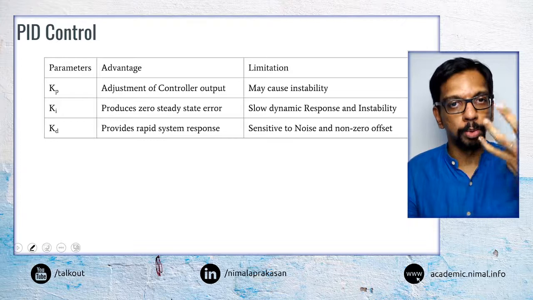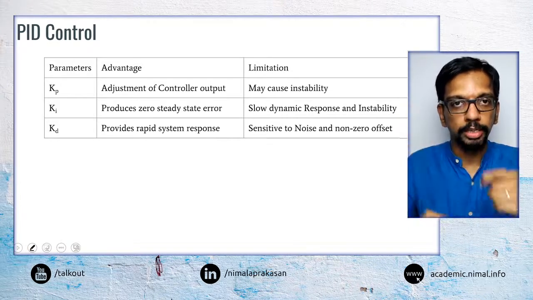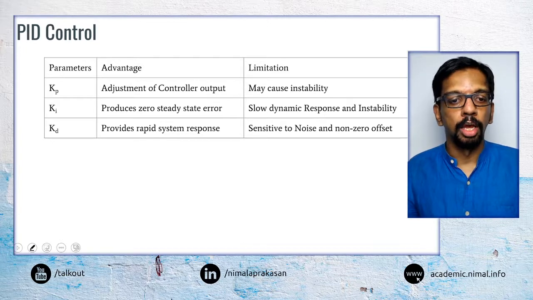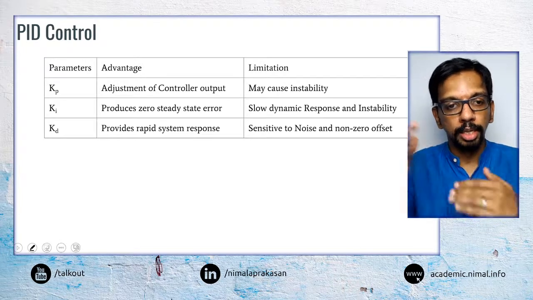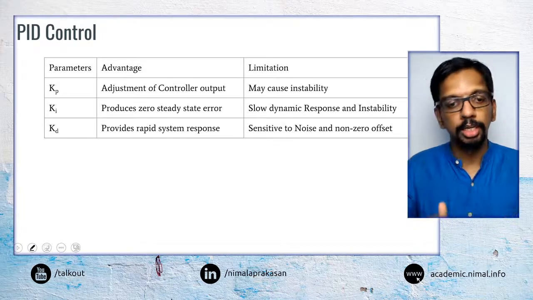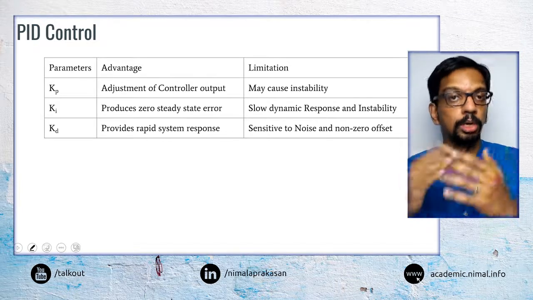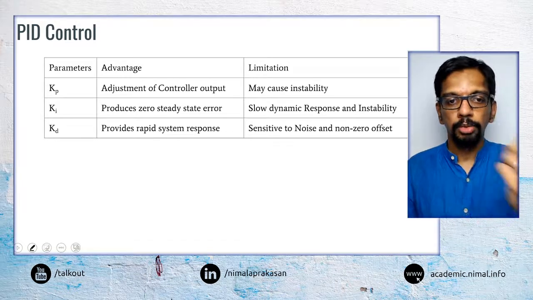So, the P component, the proportional component, will be the main controller part that is responding to the system. Then the steady state error part, or the integral part, will reduce the steady state error, and the derivative part will provide a rapid response. For example,